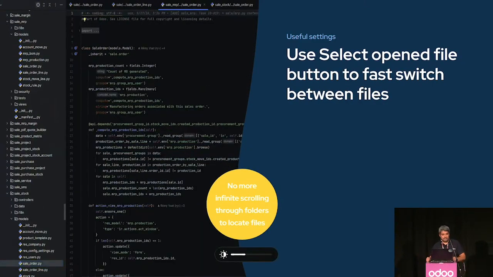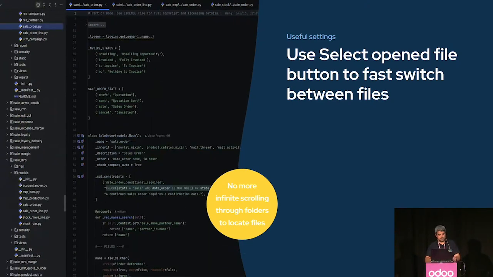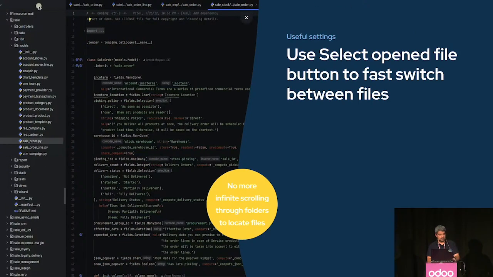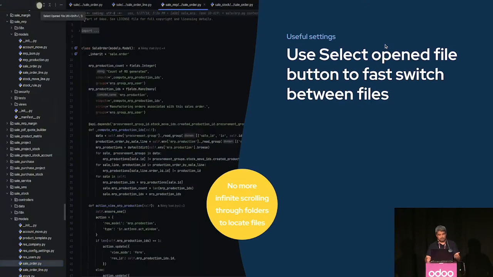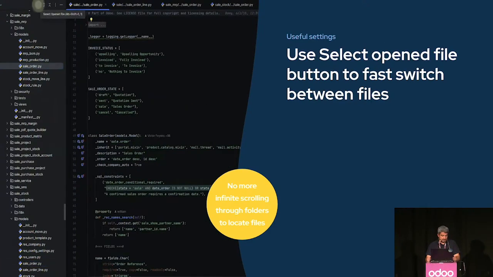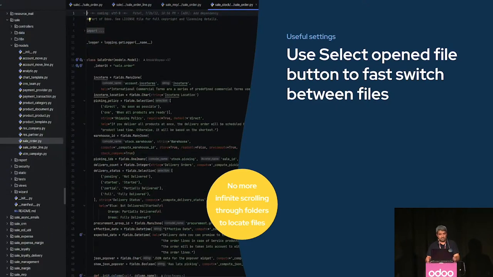Okay, a really nice tool that PyCharm has is this kind of target icon on the left side of the screen. You can find it here. I don't know if you see it, but this one is to locate the actual tab that you are looking for in the file folder. As a developer, I tend to have thousands of tabs open with a lot of files, and in the end I don't know